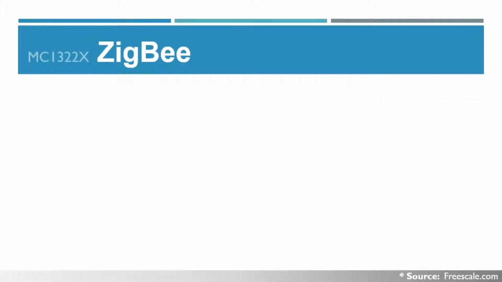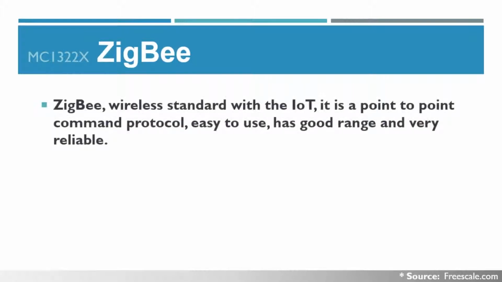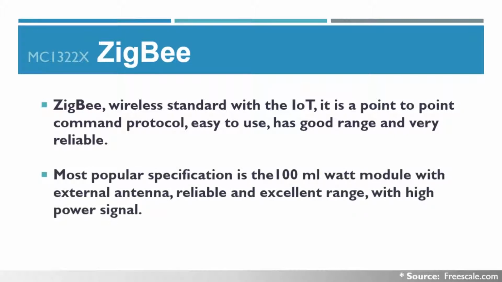Now that we talked about the architecture of such microcontrollers, let me introduce you to Zigbee. Zigbee is a wireless standard when we talk about the Internet of Things. It's a point-to-point command protocol that is easy to use, has good range, and is very reliable. Most specifications in particular, out of which the most popular is the 100 milliwatt module with external antenna. This is one of the best specifications that one can use, and it's reliable and has excellent range with high